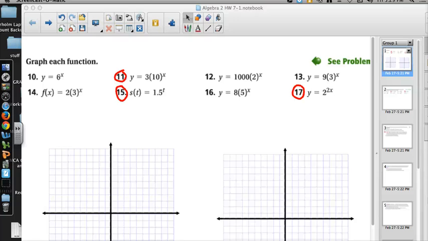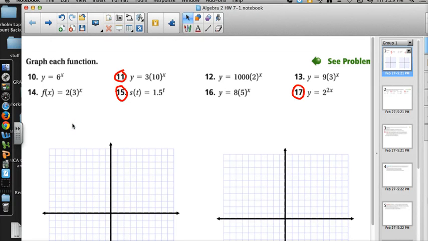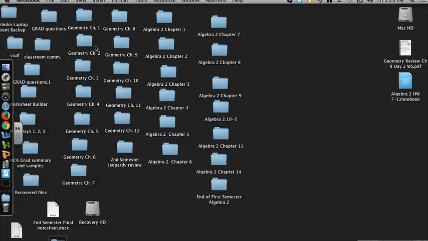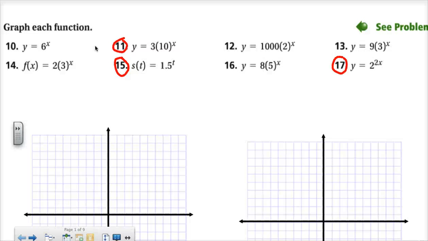These are the frequently asked questions for Algebra 2 for section 7.1, where we're going back and talking about some of the things you learned about in exponential algebra. Starting with number 11, it says graph each function. So as I'm looking at number 11,